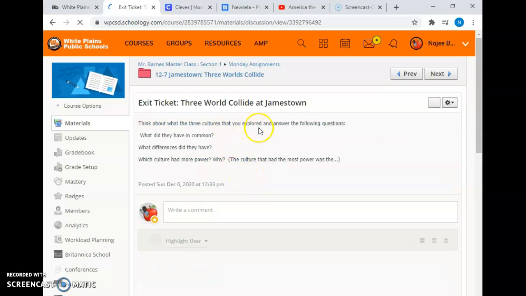Think about the three cultures that you explored and answer the following questions. What did they have in common? What differences did they have? And the last one is, which culture had more power? And then tell me